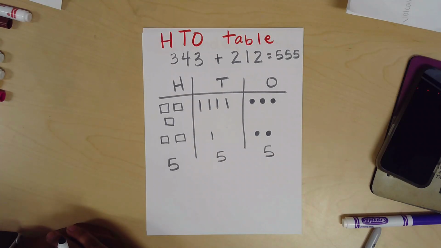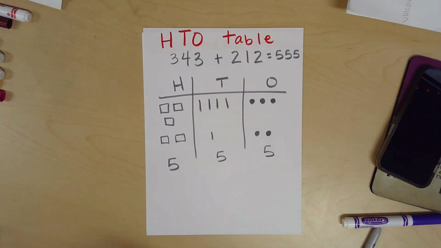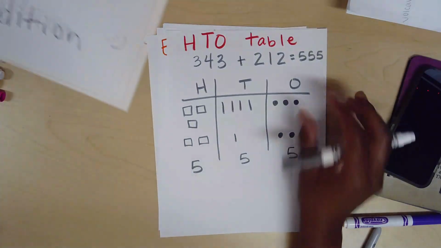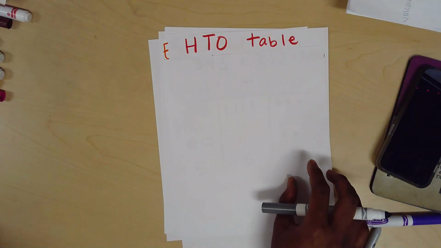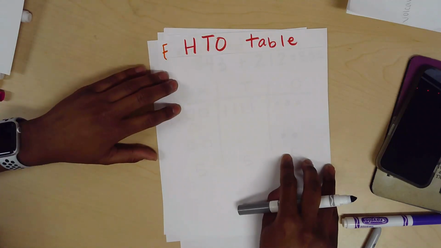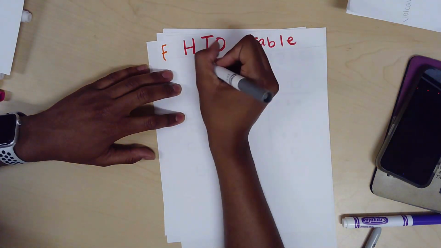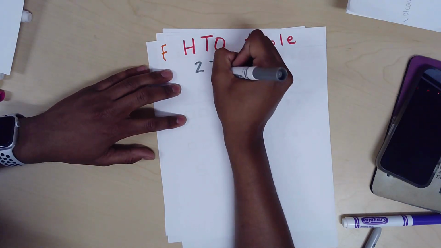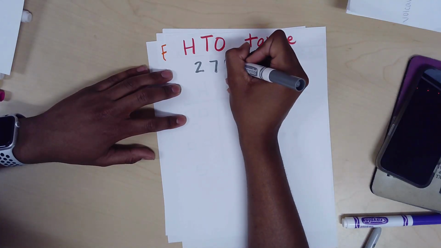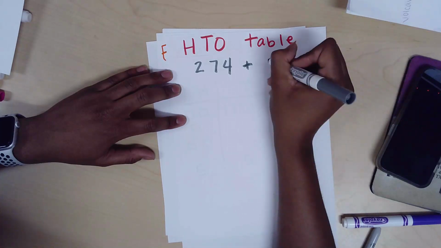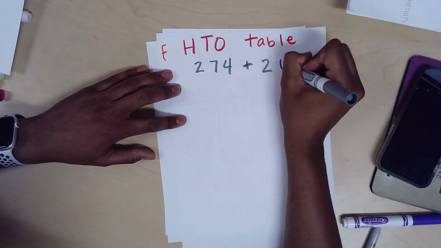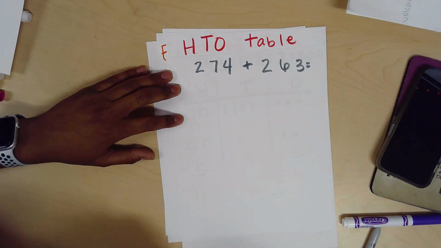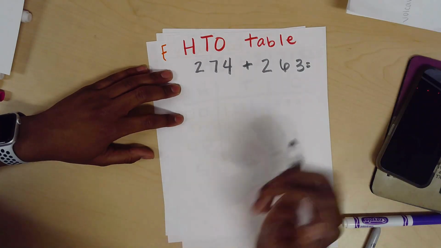Now I'm going to show you a tougher one, which is not the way I planned this. Sorry. So another one using an HTO table. This tougher equation is going to be 274 plus 263. Okay. The reason I call this one tougher is because we're going to have to do some regrouping or